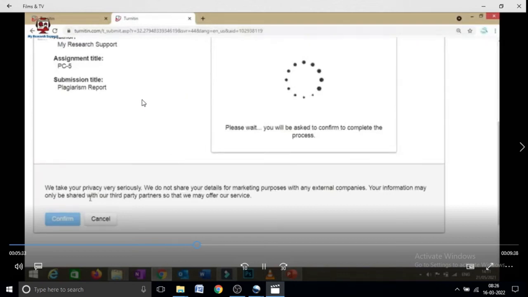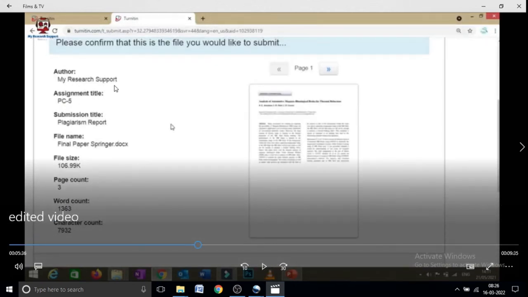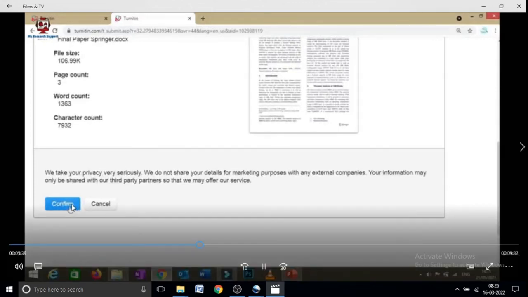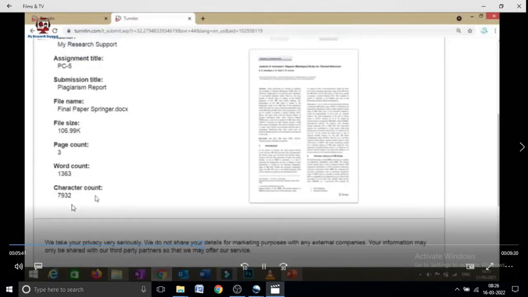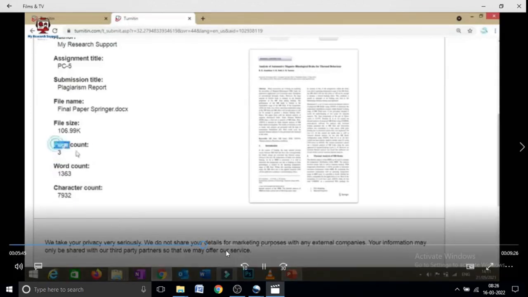You can see on the left side everything is given, like your name, author name, submission title, plagiarism report, final paper Springer docs, file size in KB, space counts, word counts, character counts, everything will be given on the left side of these documents. So you have to confirm that yes, these documents I want to upload or I want to check the similarity index. So once you click on the confirm button,